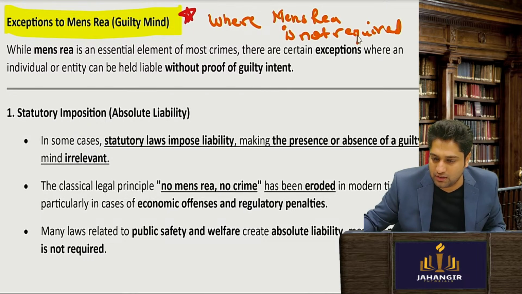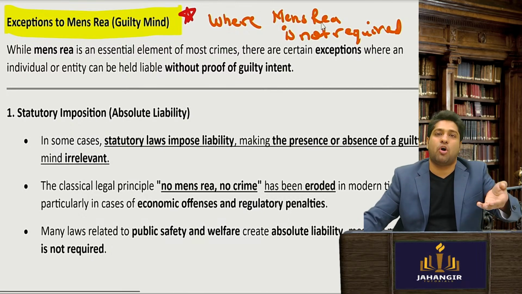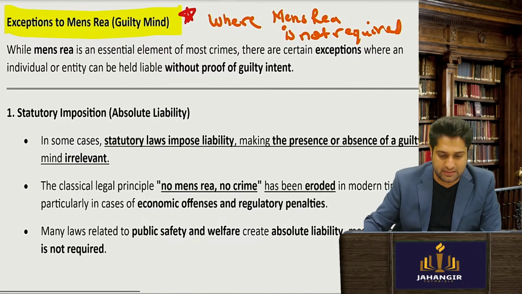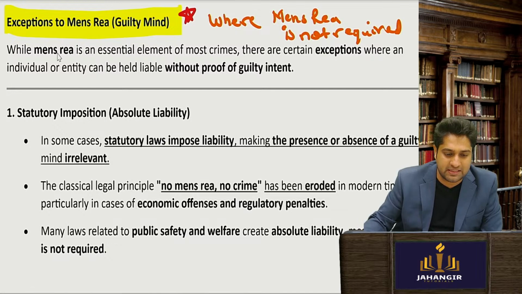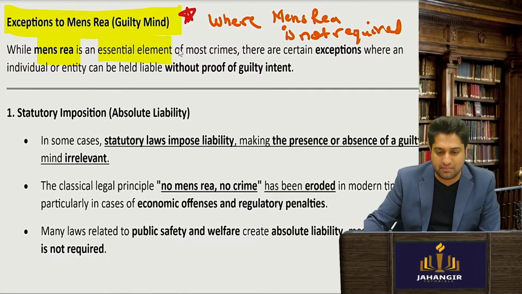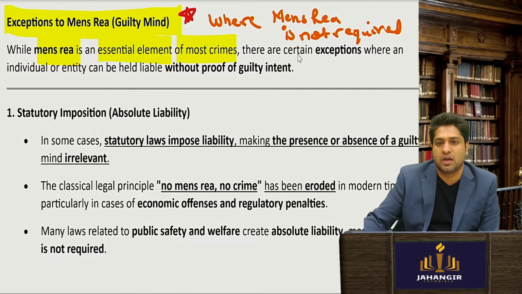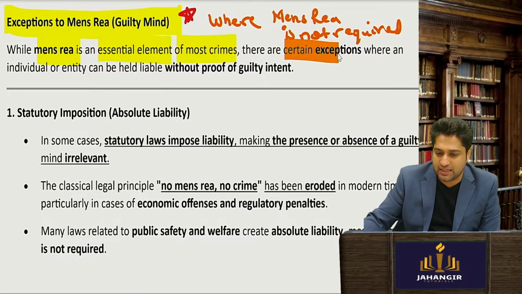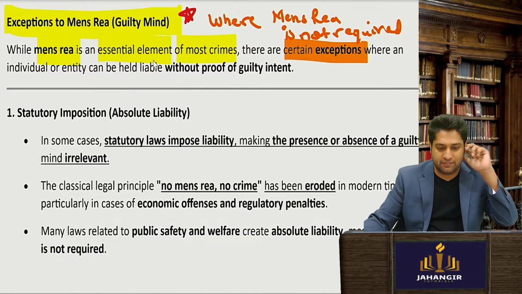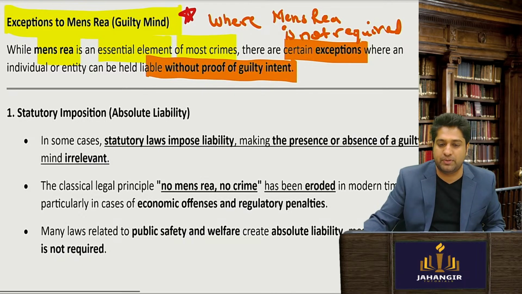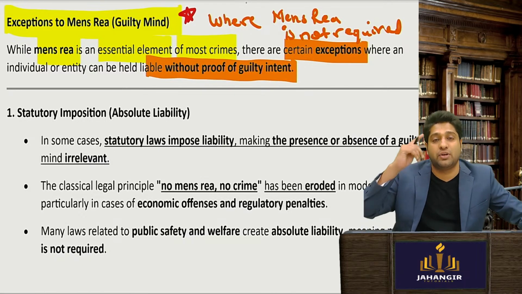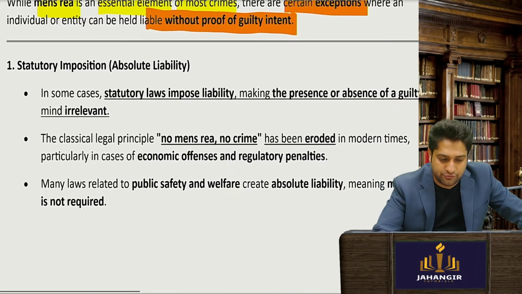So in all these cases, you can still automatically be held liable. Let's see. Mens rea is an essential element for most crimes. However, there are certain exceptions, which we will be studying, where you can be liable without proof that you had a guilty mind. Simple. So the first one,